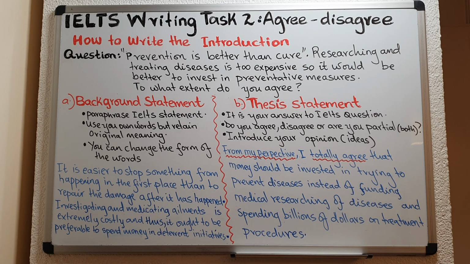Researching and treating diseases. We are going to replace the word researching with investigating. Investigating means researching. The next word is and. We simply replace that word with no other because and is a joining word. So investigating, but you can, if you want, replace and with other linking words such as, for example,